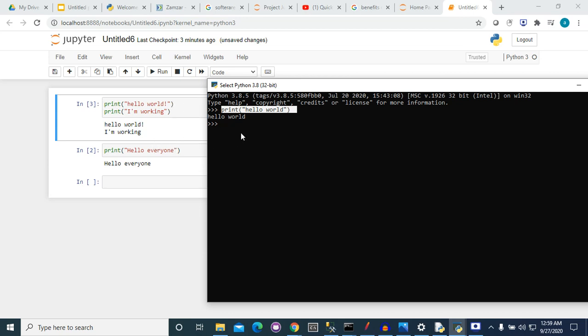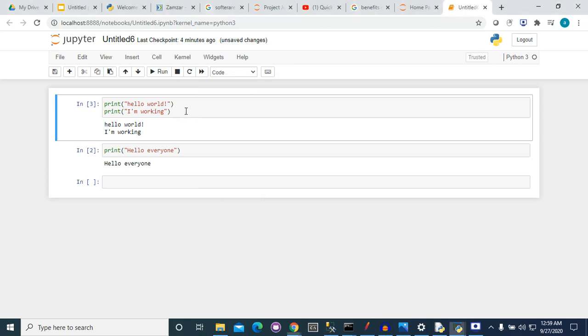If we write another line of code, print hello everyone, you can see that it has printed hello everyone, but if you want to change the previous line of code, we cannot. But you can see that in Jupyter Notebook we can change this line of code also.